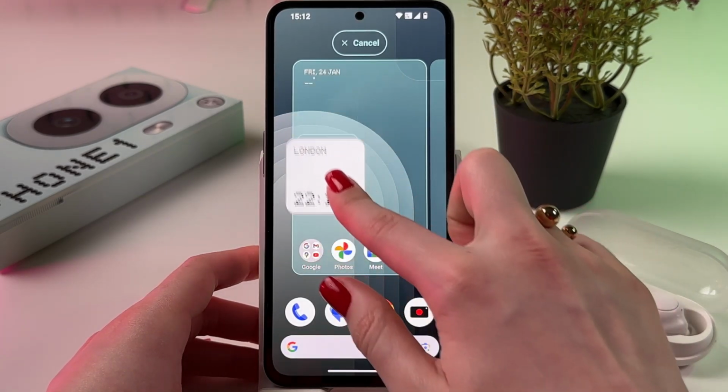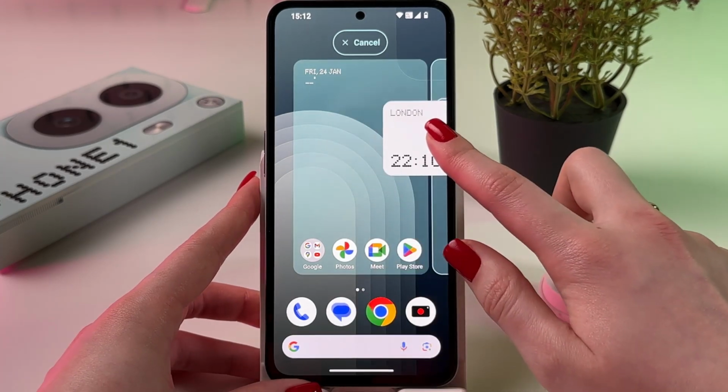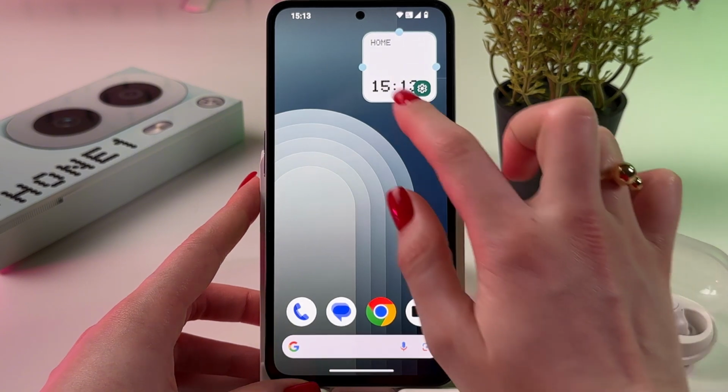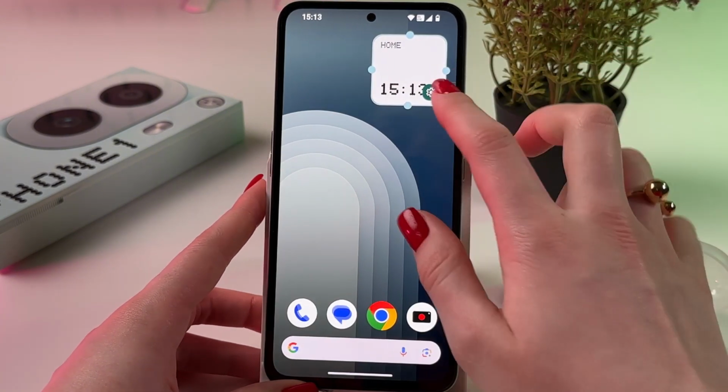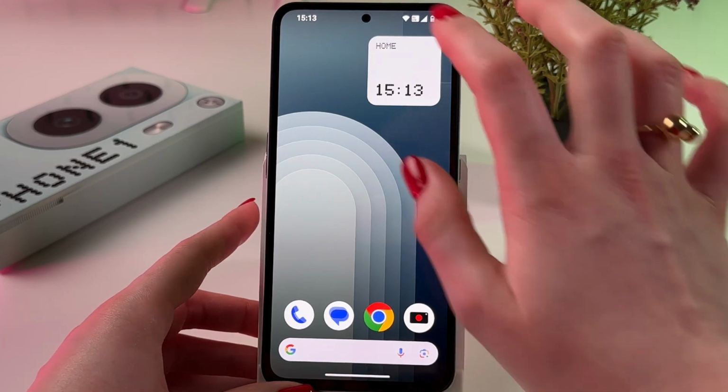Now we can move it across the page to find the perfect position, and also we can drag it across the border to set it to second home screen. Now we can also resize it, and we can tap on any free space on the screen to set this